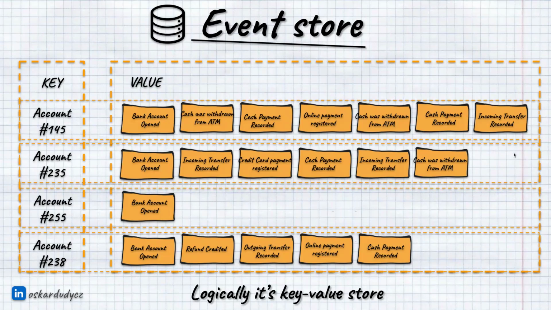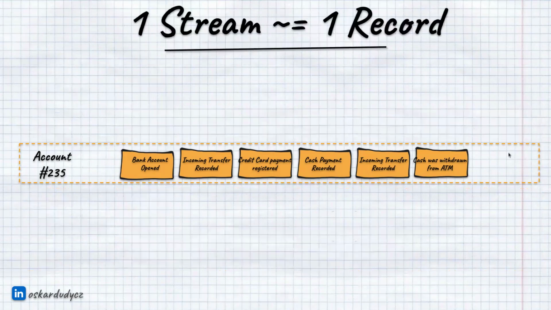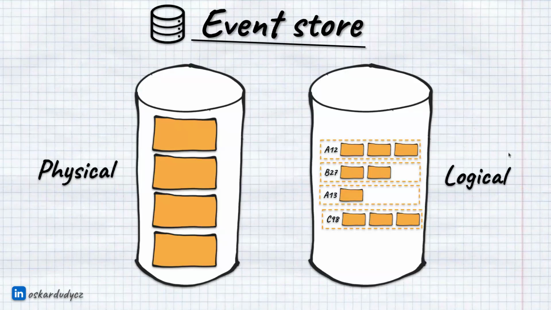And that's quite important to understand what guarantees we should expect from our event stores. Because if event stores are key value databases, then we should expect the same guarantees for our event store as we normally expect from key value databases. So if someone says to you that event stores are append-only logs, then maybe they are, but that's a physical implementation. Logically, they are key value databases where each record is called a stream,